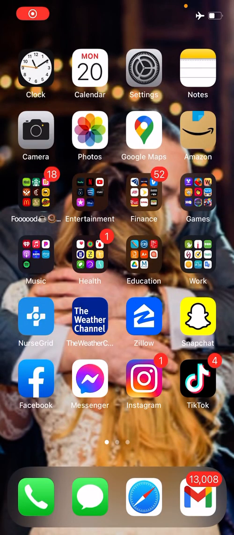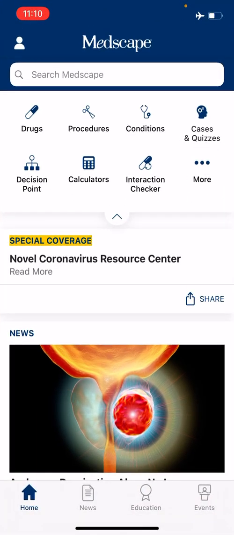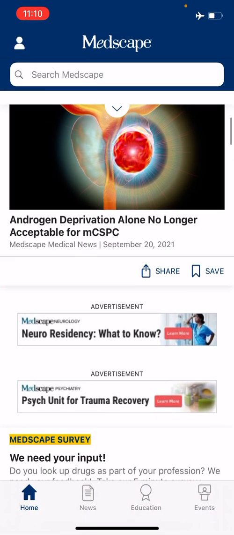Okay guys, so here's an app I found and it's good for nursing and clinicals. It's called Medscape. It's also good for you after clinicals. I just found it and it actually has a lot of stuff on there when you go into your career as well. So you open it up and at the bottom here you see the home page